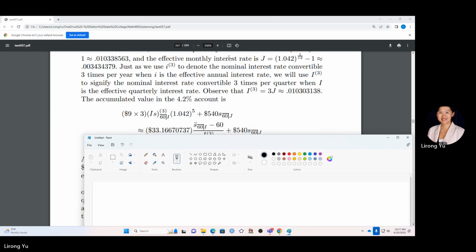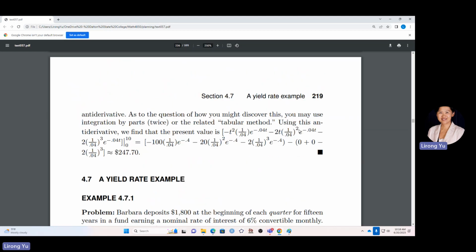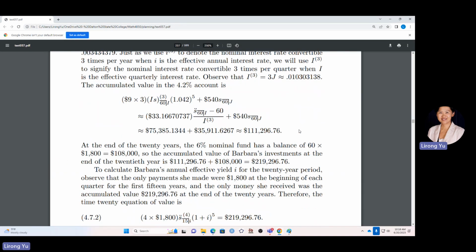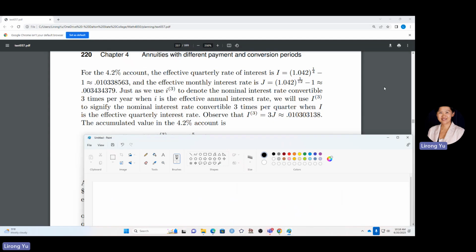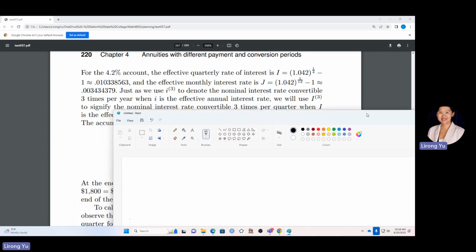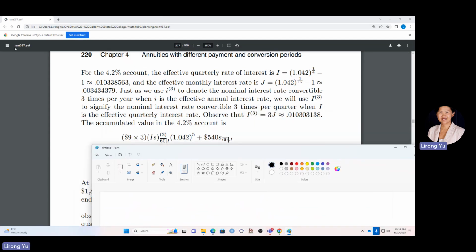The I and J are already being given. The J is a monthly interest rate. The I is a quarterly interest rate, if that makes sense. Then I hope I didn't really mess it up. So let's work out the calculation. So number one, let's calculate IS